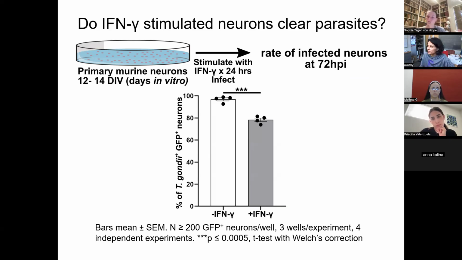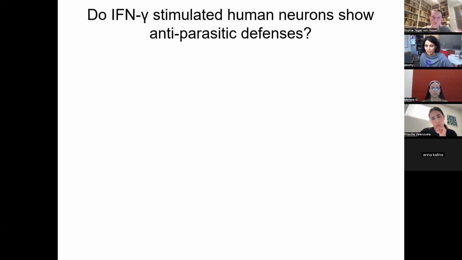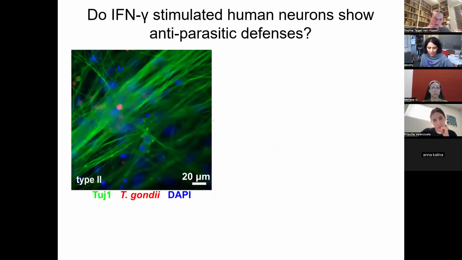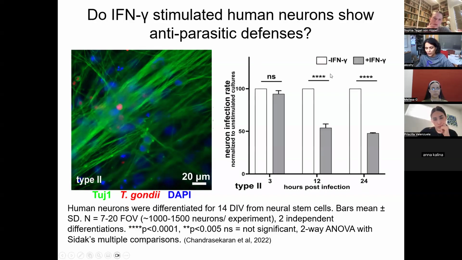Sorry, so these are mouse neurons. We generally study mouse Toxo, but we would like to know about humans. So we want to know if interferon gamma stimulated human neurons also showed anti-parasite defenses. And so we did the same thing. We took human neuronal cultures, and we stimulated or didn't stimulate them with interferon gamma, and we quantified the rate of infection. And so again, human interferon gamma stimulated neurons show a much greater degree of decreased infection rate than mouse neurons, which is interesting for a number of reasons,